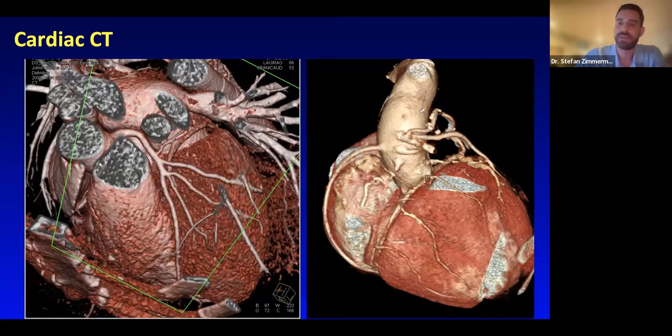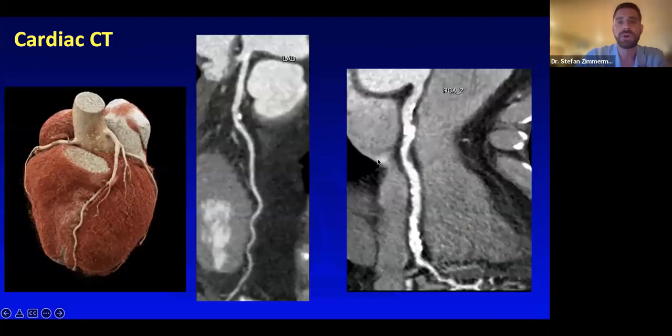These are called volume rendered images, which basically give us a map of all the different coronary arteries. This patient actually has had prior bypass grafts, so these are these extra vessels here. So there are some cool things we can do with cardiac CT that we can't do with the calcium score